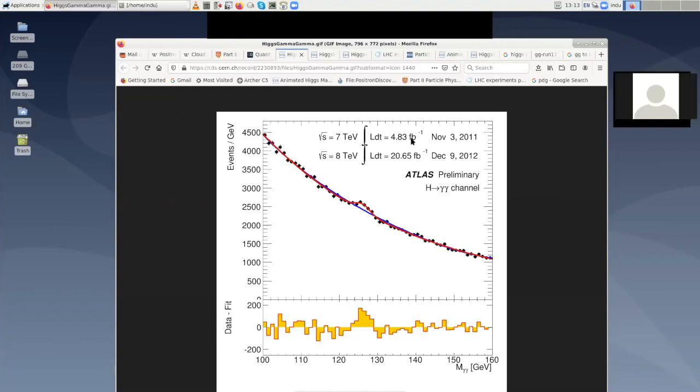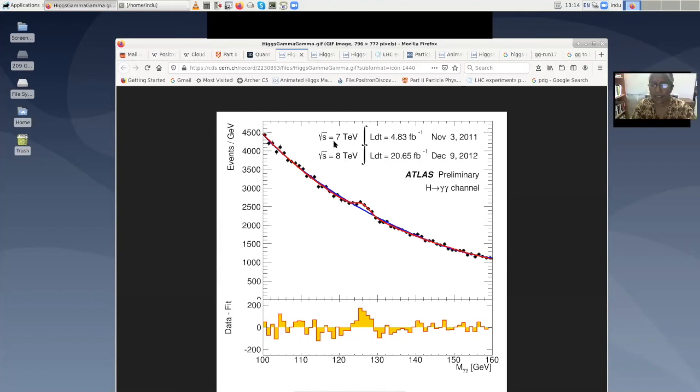Ma'am, what is M gamma gamma? M gamma gamma is the invariant mass of the final state 2 photons. Let us say P1 is the momentum of this gamma, P2 is the momentum of the other gamma. So P1 plus P2 whole squared, square root, is what is M gamma gamma. Because we know that PH squared is equal to P1 plus P2 squared, but PH squared is MH squared. Therefore, the M gamma gamma should add up to the mass of the Higgs. That is why you see the peak directly at that mass of the Higgs.